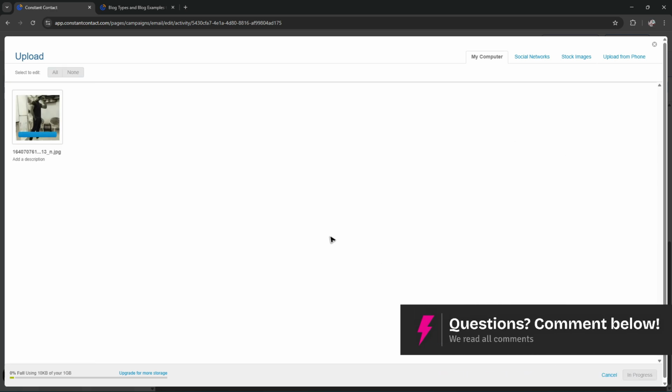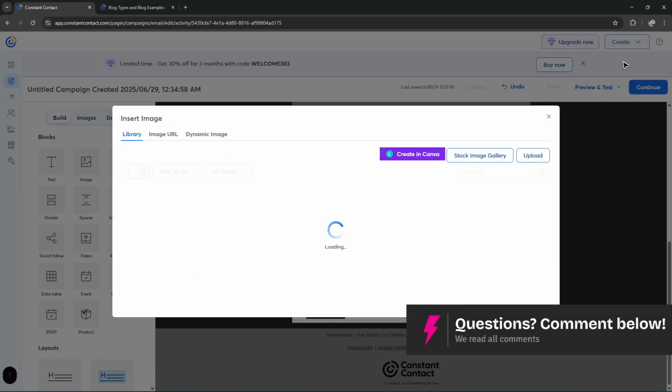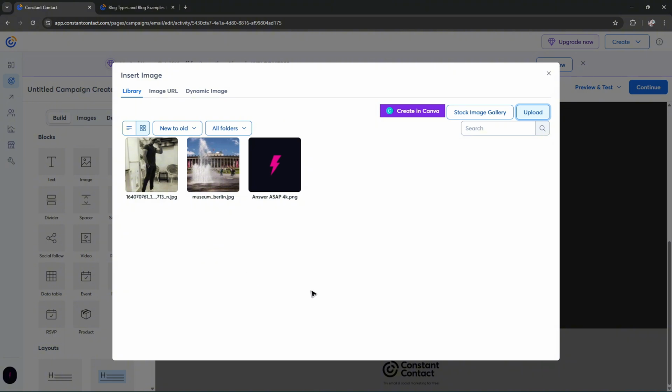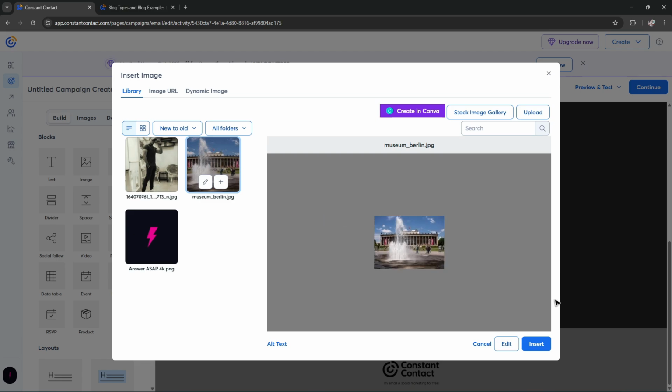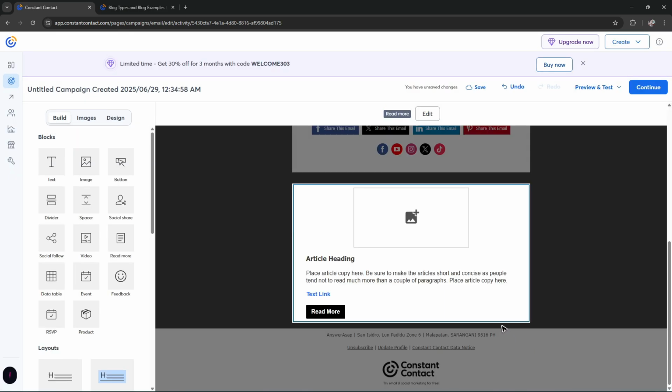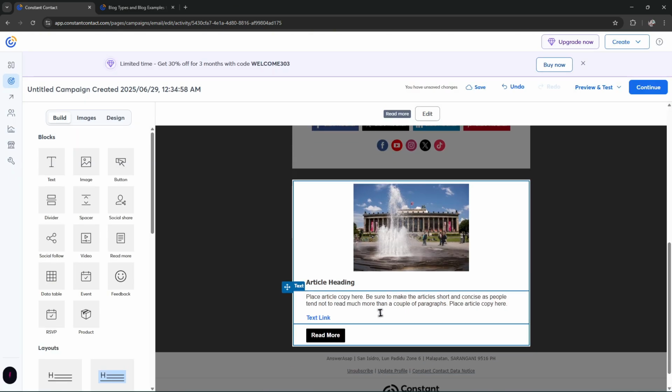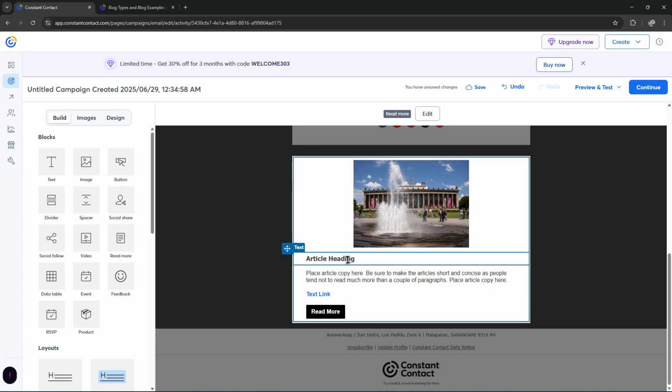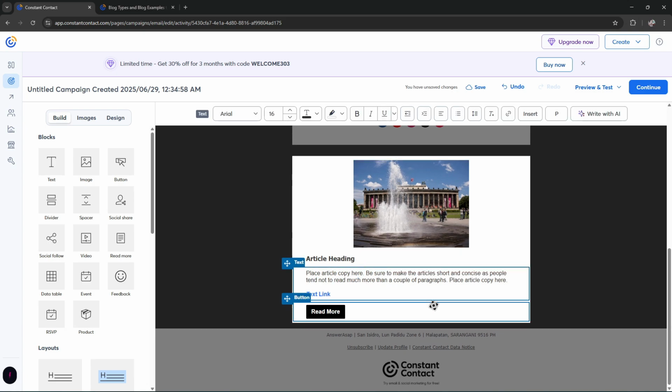Head on upload. Once done, close it. Go back to library. Right here, as you can see, we have the stock photo, and here we have the uploaded one. So I'm just going to go ahead and use the stock one here. Hit on insert. There you go. And then you can go ahead and enter your article heading right here